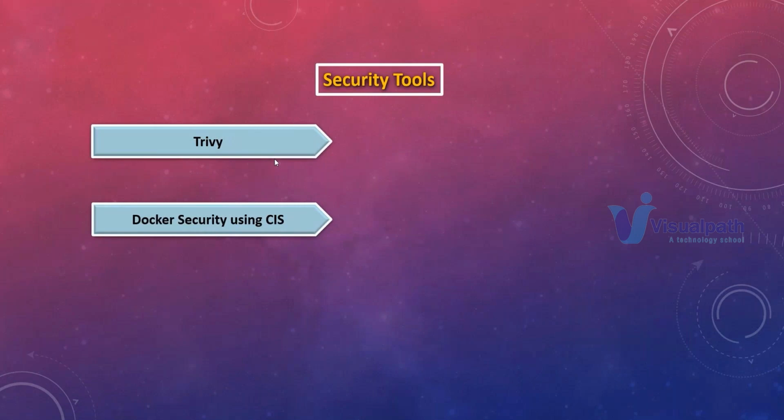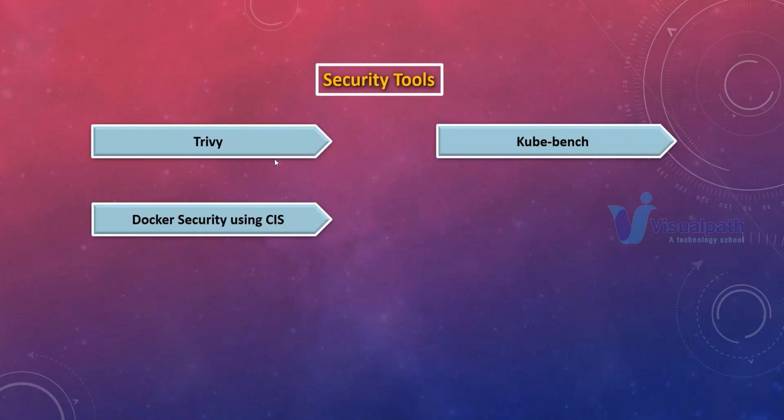Okay, so that is one of the tools we'll be using to find out the security loopholes we have in the Docker platform. And we'll be using Kubebench. For example, you deploy a Kubernetes cluster. On that, I want to find out the security vulnerabilities, or whether my cluster was deployed as per our organization requirement or not. I want to identify all this particular information and generate a report. In those conditions, we have to use Kubebench.